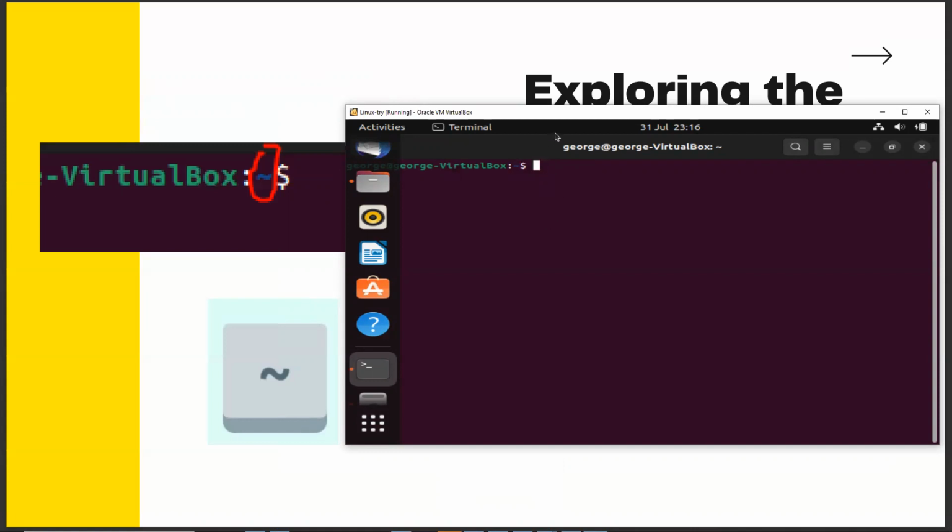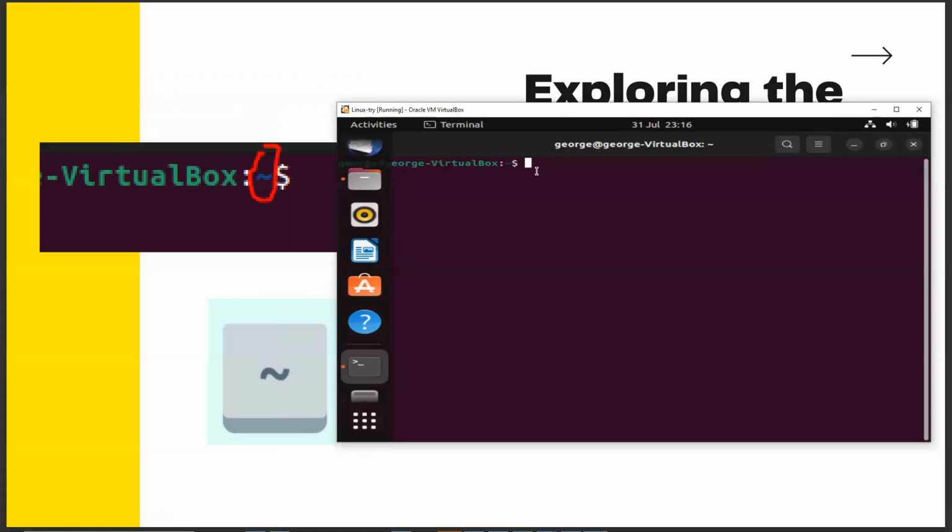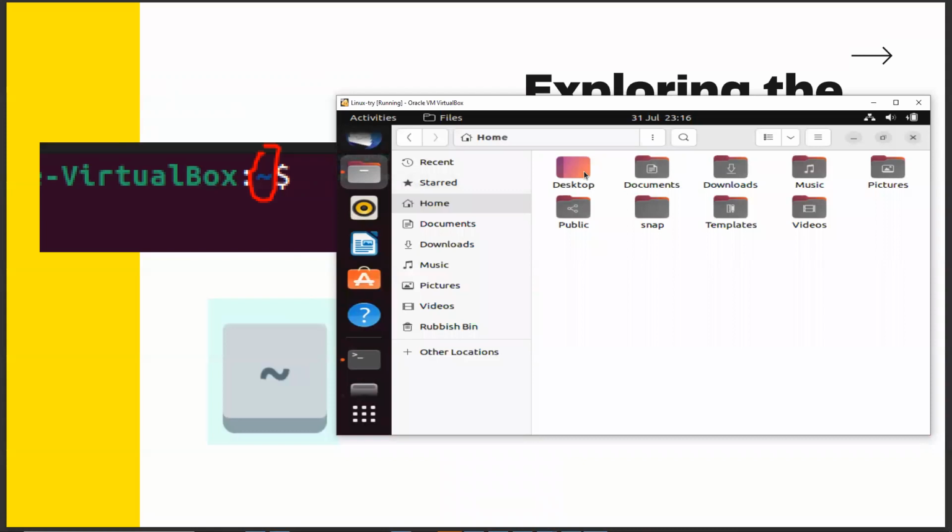And in order for me to see the folders that I just showed you, I just have to do an ls, which is just saying list it. So if you can see, earlier on I said in the home, if I go here, you see that we have desktop. Let me just try and list all the stuff we have on there. So we have desktop, we have documents, we have downloads, we have music, we have pictures, public, and the likes, and videos. Yeah. So if I go back to my terminal,